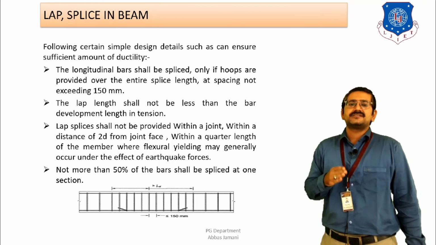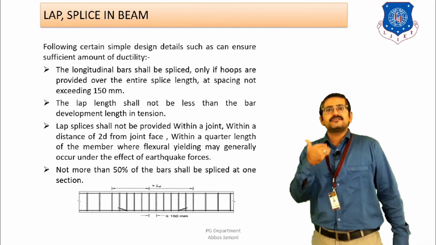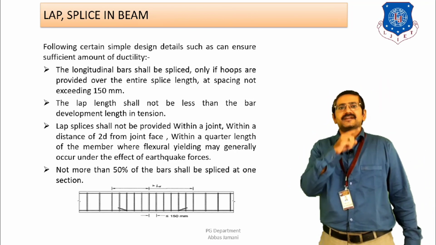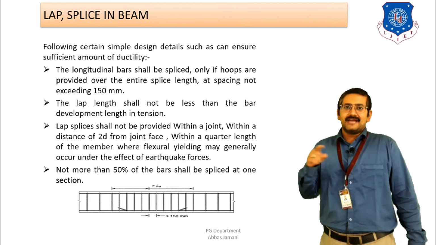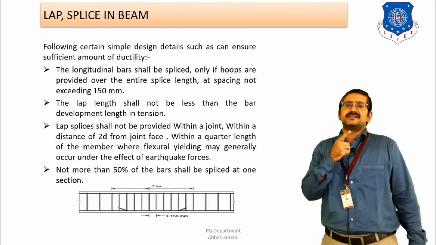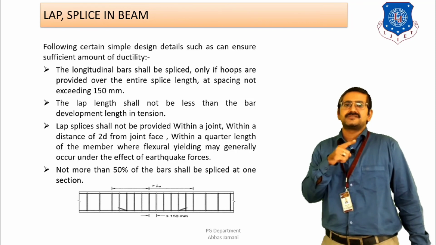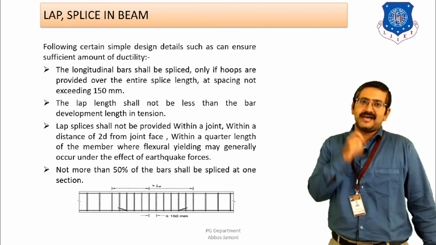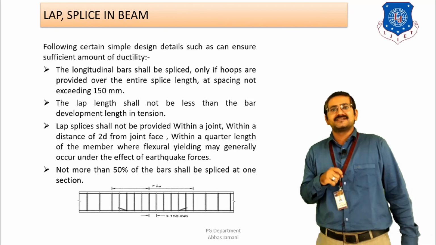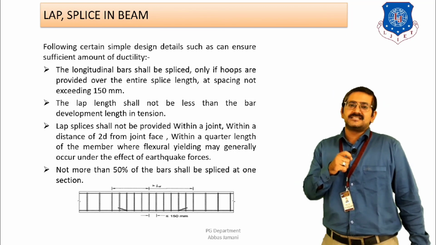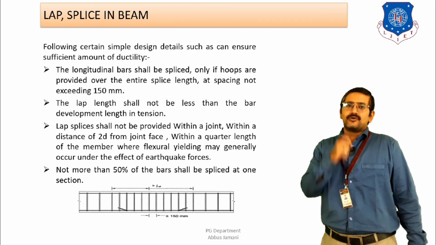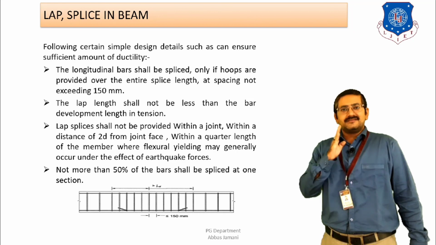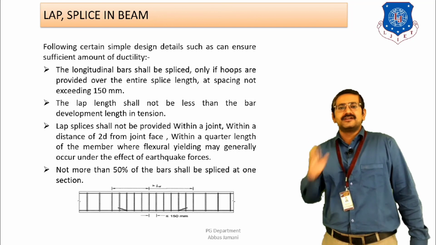Why is this done? Because if you study the moment diagram, in case of continuous beams or fixed beams, the tension reinforcement is going to be maximum near the supports, right? And when tension reinforcement is maximum near the supports, the tension and compression force is going to be more if you calculate it from the lever arm. As a result, the steel requirement is going to be on the higher side. So if you provide a lap at that particular junction, then the strength of that junction is reduced. And that is why the code is saying that the lap should not be provided exactly at the columns, at 2D distance from the columns, and at D by 4 distance from the column, right?